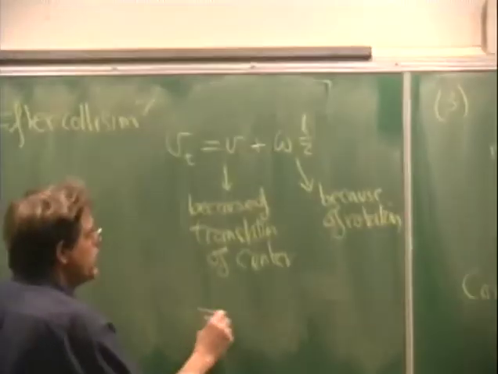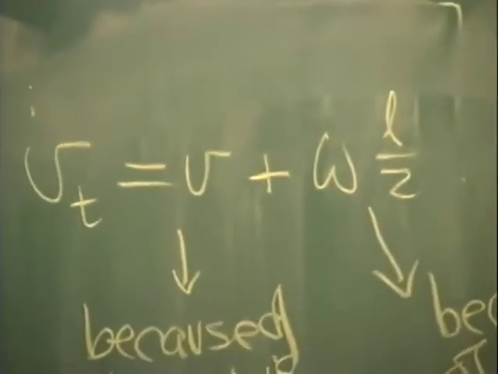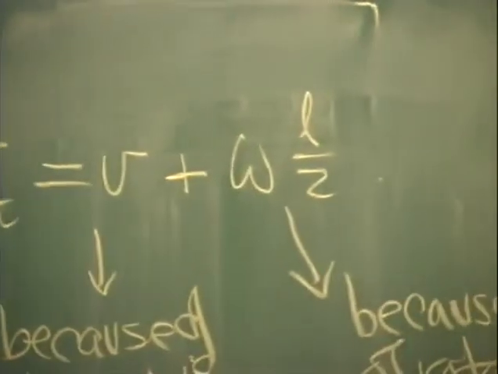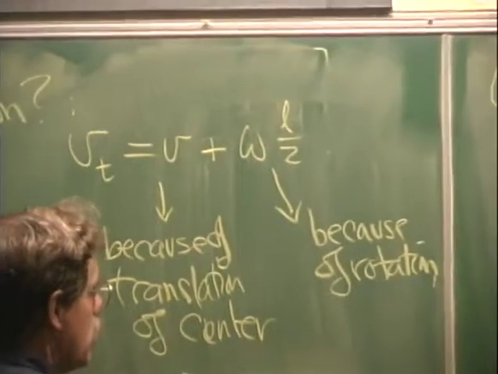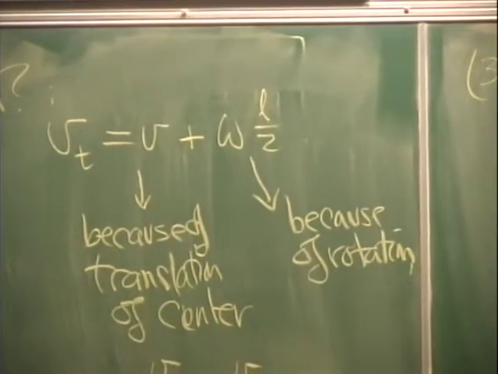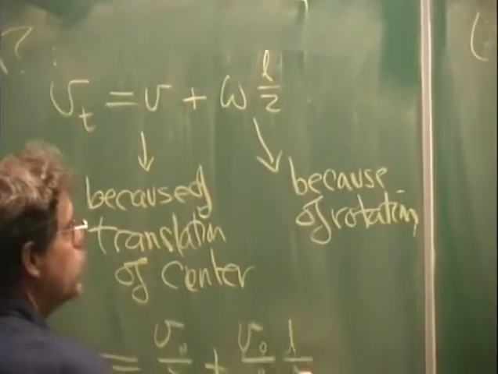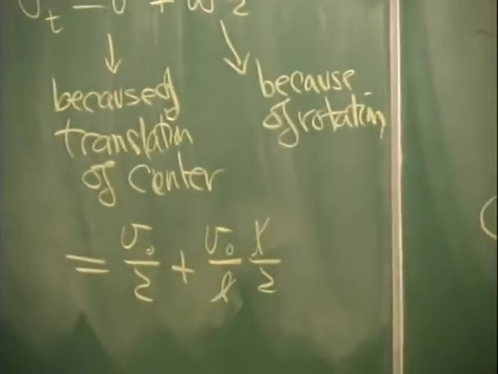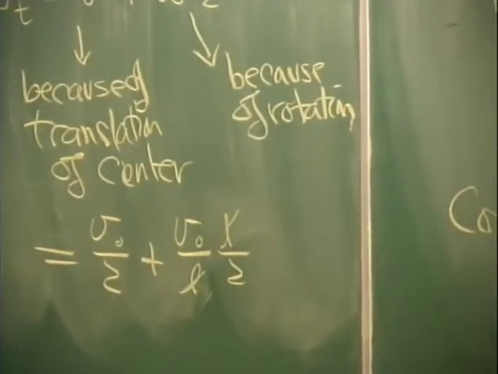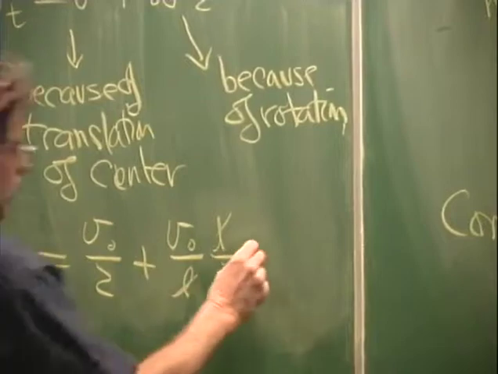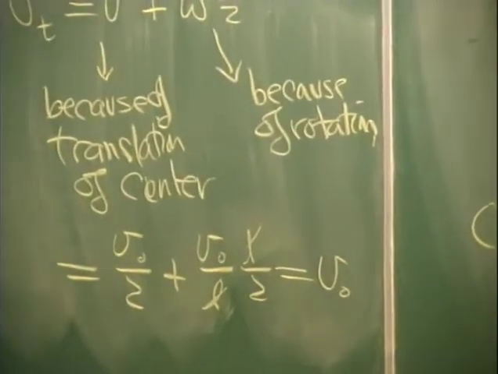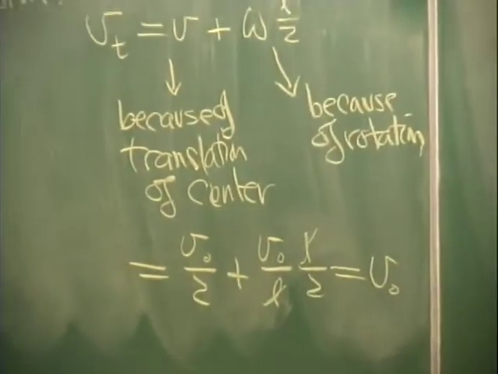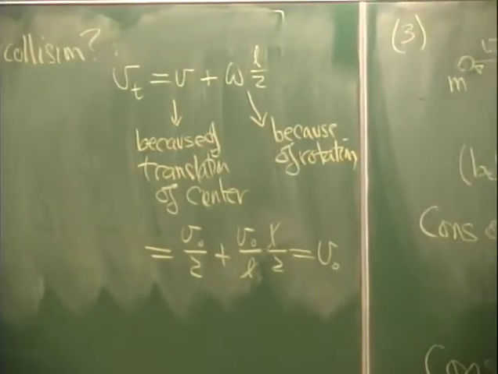Okay, let's put in what the numbers are. V was, we found, V0 over 2. And omega was, we found, V0 over L times L over 2 now. The L's actually cancel. I get V0 over 2 plus V0 over 2, V0. How about that? Immediately after the collision, that topmost mass is going the same speed that it was before